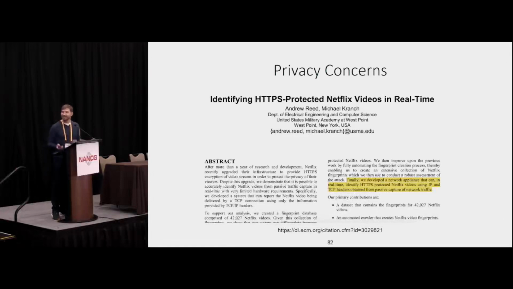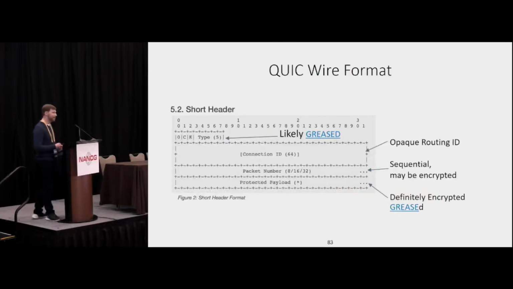So things like this have definitely powered a fair amount of concern from certain IETF members, particularly those in the security working group. Their input is fairly important to the evolution of QUIC, partially because crypto is so tightly baked into it. Here is an overview of the current QUIC wire format, which I am certain will change. I will absolutely guarantee it will change, probably in the next month, based on the rate we're going.